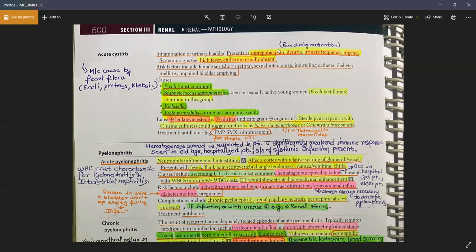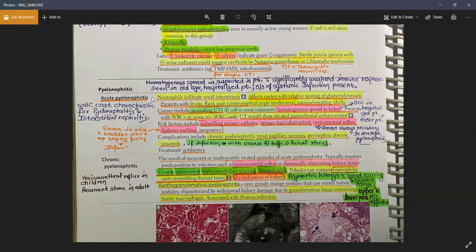Good. So it is the inferior hypogastric nerve that is causing the suprapubic pain, because all these regions are supplied by this inferior hypogastric nerve. If you go back to the MSK section, we have discussed all the nerves supplying your lower extremities, right? The ilioinguinal nerve, the iliohypogastric nerve, right? So remember them also. That's why you get suprapubic pain in cystitis. Now let's come back to this chapter again.